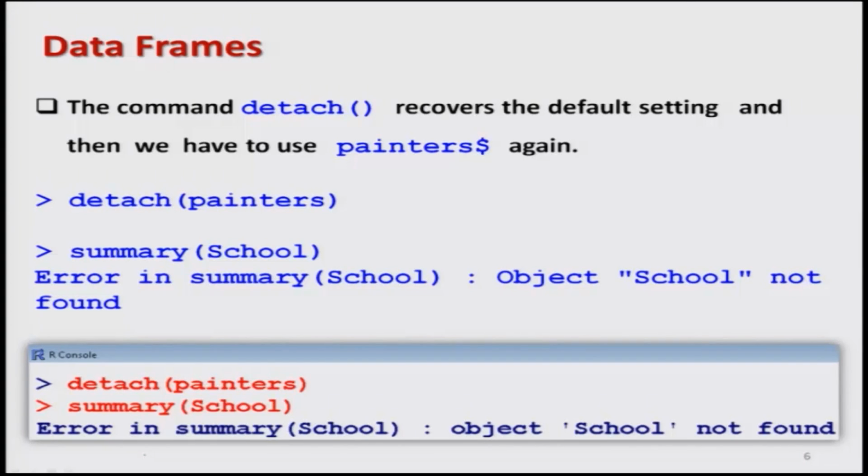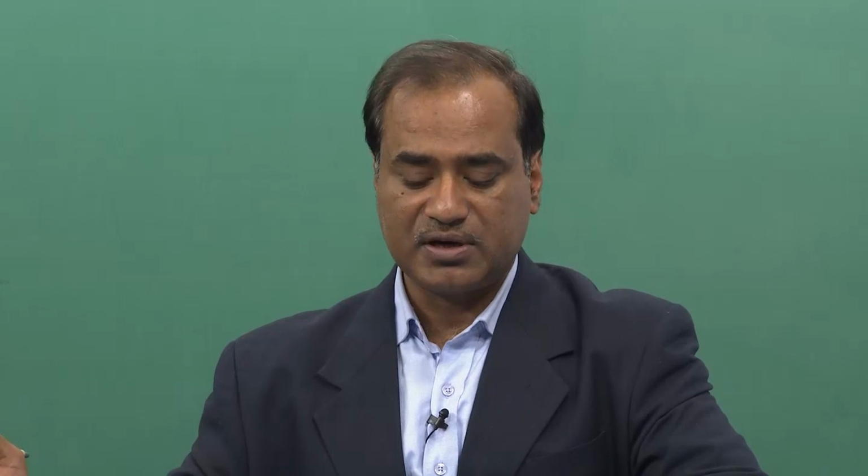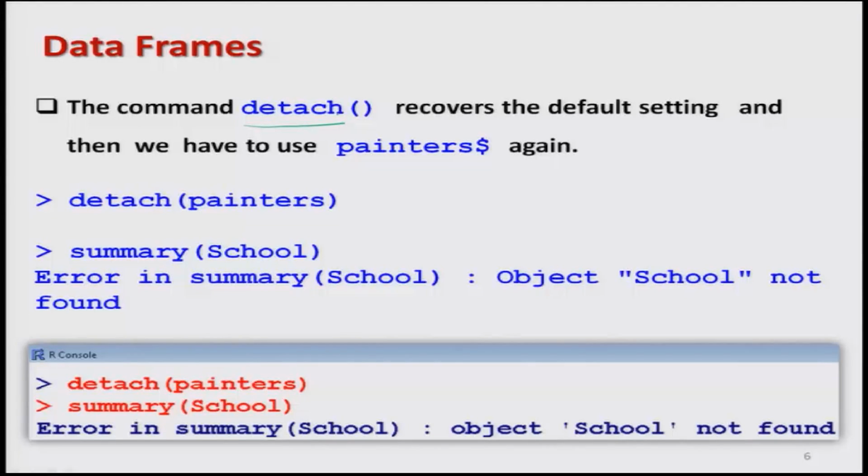So, now we come back to our slides and try to continue. Well, we have now learned how to attach a data set. After we are done, we would like to remove it. This is done by the function detach. Once I use this function, we go back to the previous setting, and detach recovers the default settings. Once I have detached the data set, I have to use the painters dollar again as I did earlier. So, in order to detach a data set which was attached earlier, we use the function detach, and inside the argument we write the name of the data set,